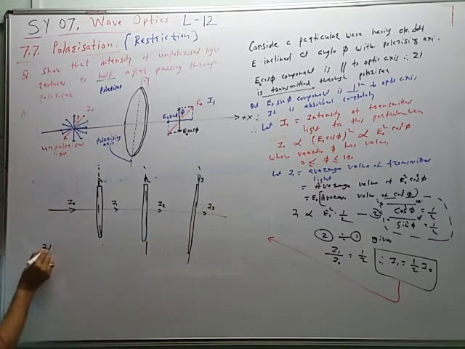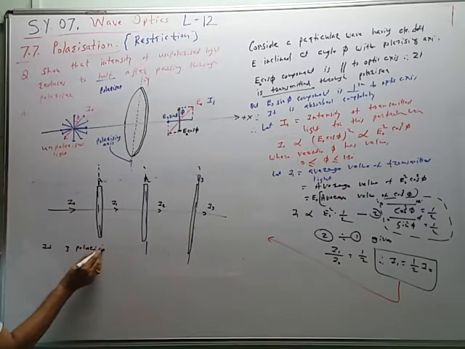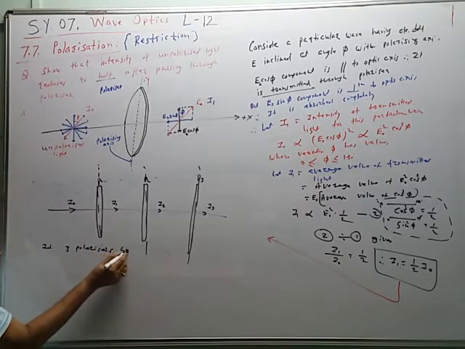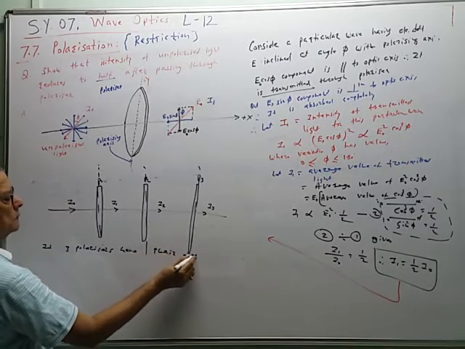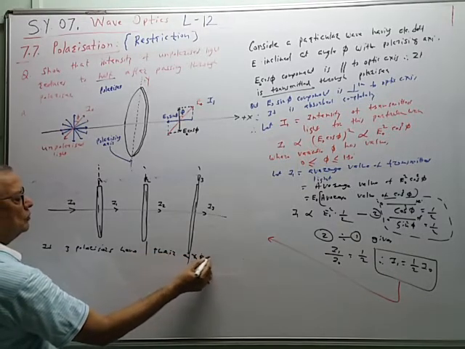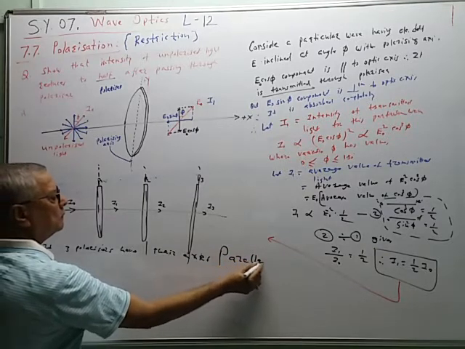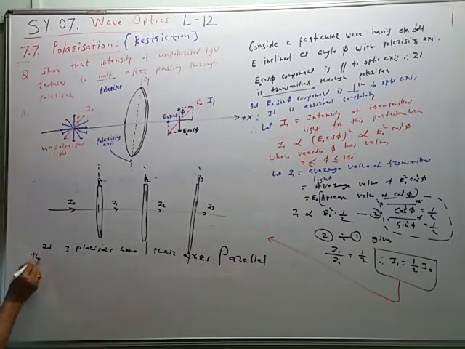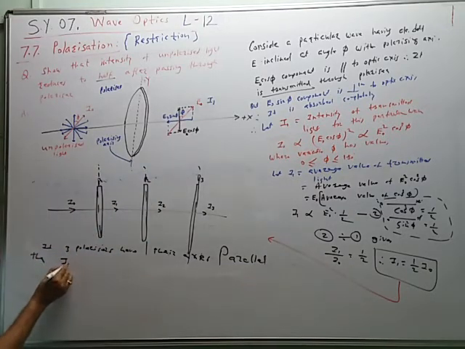So if three polarizers have their axes parallel, then by this rule I1 is equal to I0 by 2,